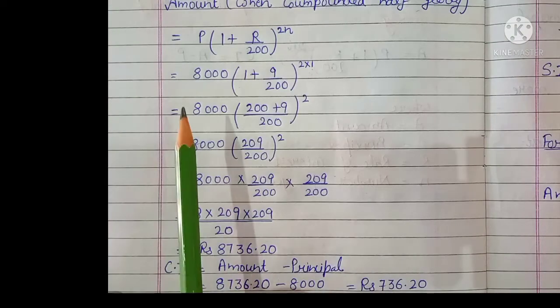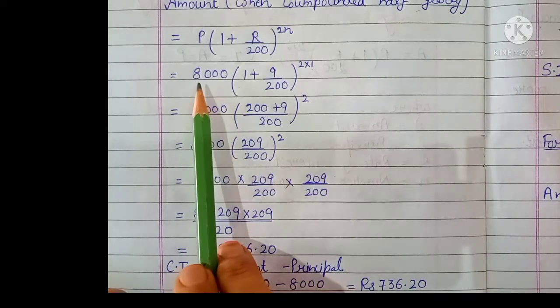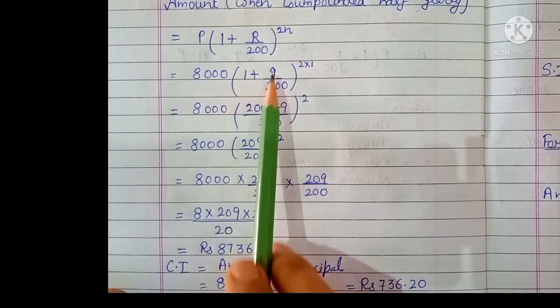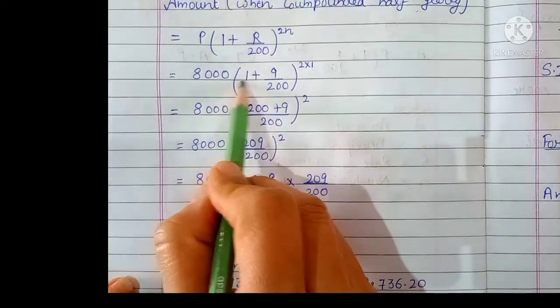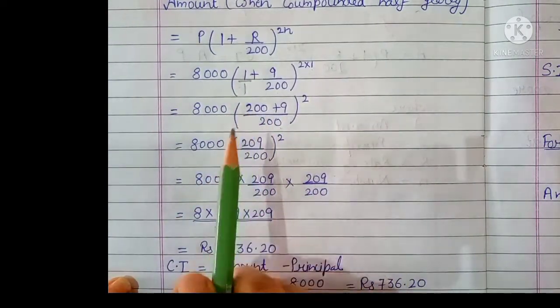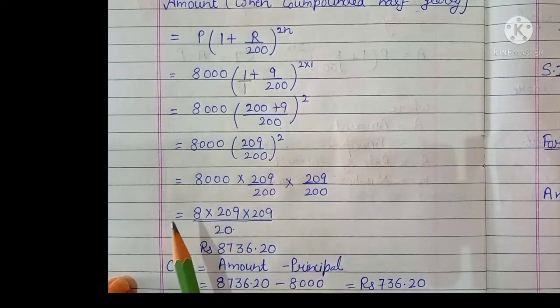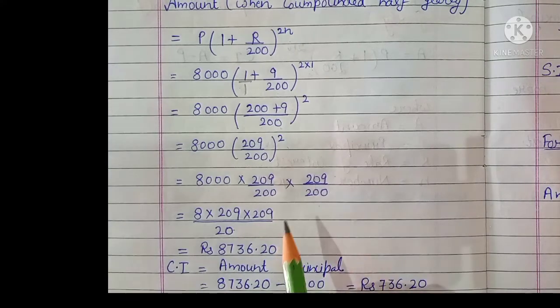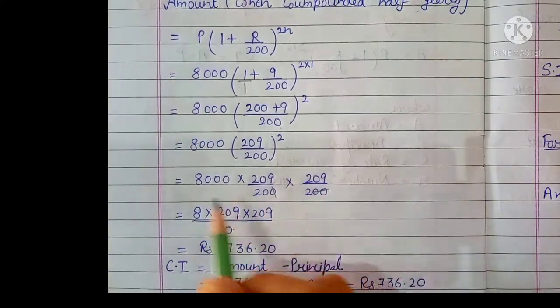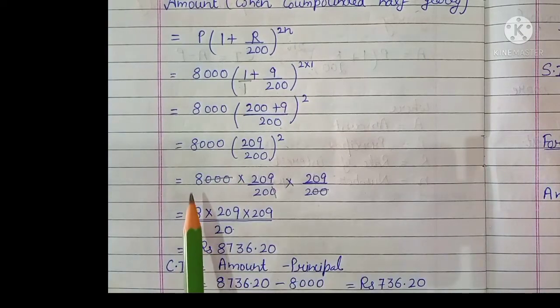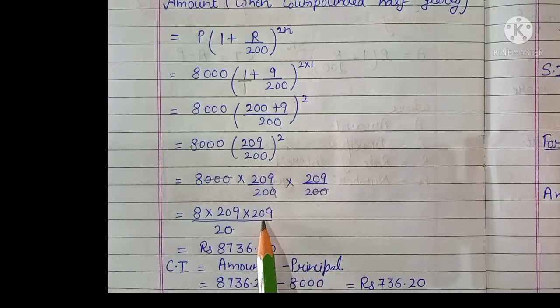Now I am getting 8,000 in bracket 1 plus 9 by 200. So here I will take LCM. LCM will be 200. So in the numerator we will get 200 plus 9, that is 209. Raised to the power 2. So what we can write is 8,000 multiply 209 upon 200 multiply 209 upon 200. So here these three zeros get cancelled with these three zeros. So we will get 8 multiply 209 upon 20. After simplification we will get the amount is